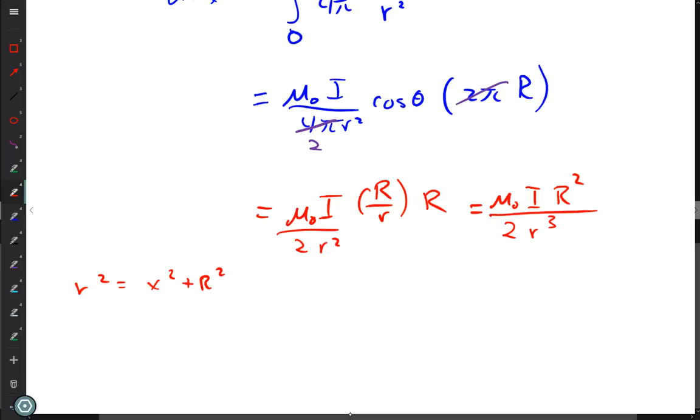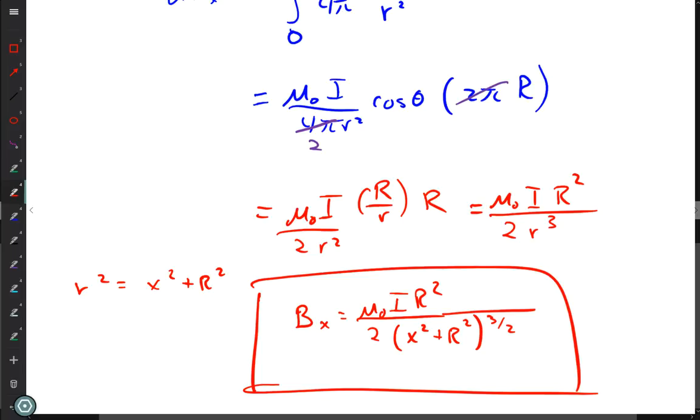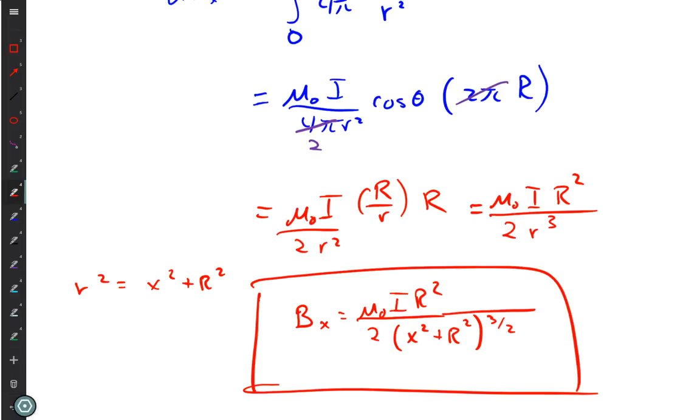And so this is going to be equal to, be in what direction? Be in the x direction. So assuming I made no other egregious errors, that should be our correct equation for the magnetic field at some